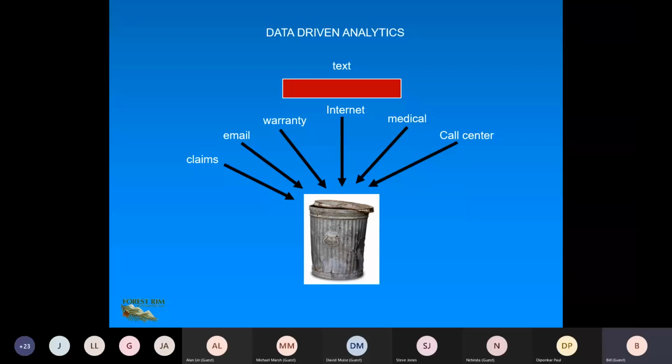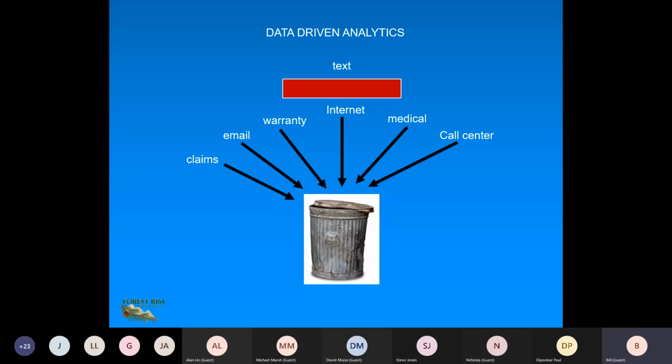You want to be a data-driven corporation, that's a very good thing to do. I think that's a great idea. But what data are you looking at? Are you looking at just your structured data, those transactions that are done over and over each day? Or are you listening to the voice of your customer? Are you looking at medical records? Are you looking at insurance claims? Are you looking at email?